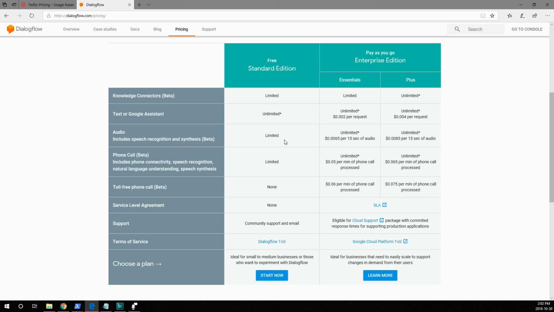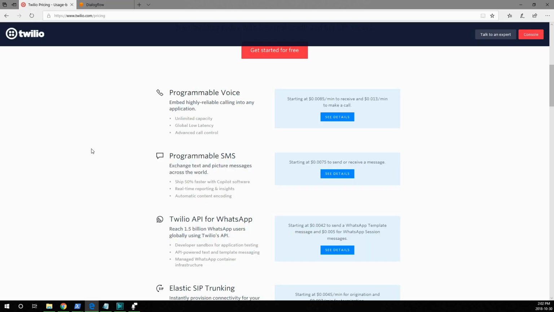Keep in mind that if you are an enterprise or larger business, or if for your needs you decide that you need to go pay as you go, there will be other costs associated with that. Now we're going to go over to our text message service, Twilio, and take a look at the pricing. Now Twilio's pricing is a little more complicated. We'll be using the programmable SMS. This programmable SMS service costs